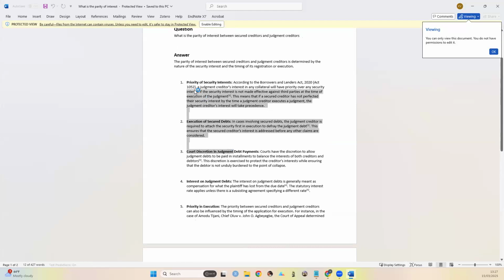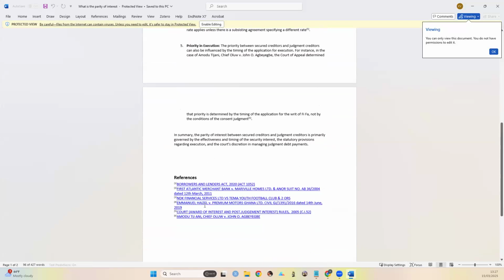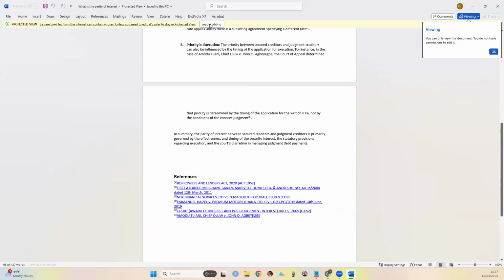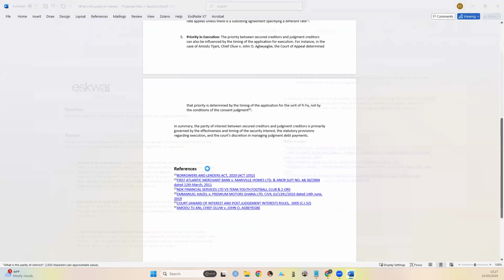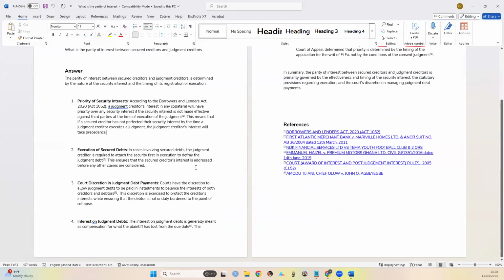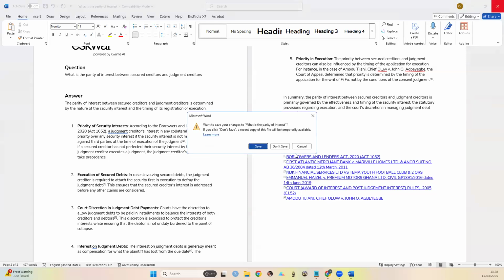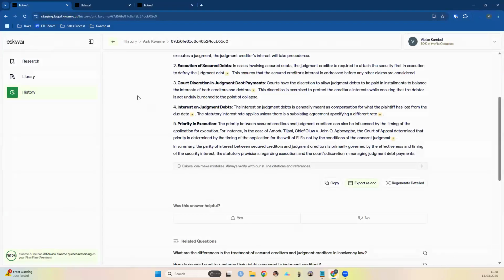This is the answer that was generated, and all the references that were cited in the answer are also down here in the reference list, right? So this is to make downstream work much easier. So we know users are usually copying the answers, but you may want to edit this and use this in preparing a submission or use this to prepare a report. So you can just immediately do your editing directly over here. And you also have the references nicely cited here, which you can work with, right? So this is another feature that we've designed to make work with Eskwai much easier and more productive, right?